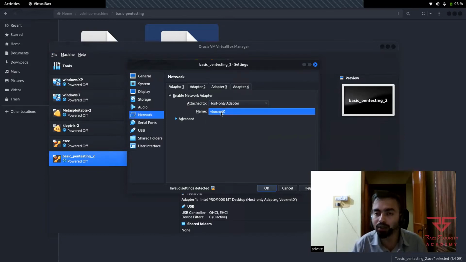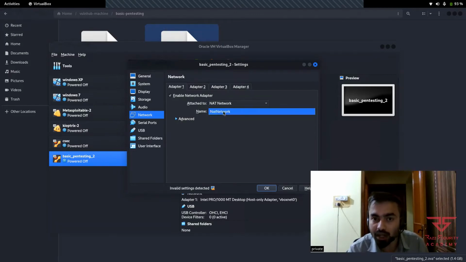In this case, if you're using Kali Linux as a main OS, and you want to practice your skills on this type of vulnerable machines, and you don't want the attacking surface, it will not be an incoming request, it will be an attacking surface. You will just be requesting, not requesting from inside the machine. Okay, in that scenario you will go with the VBox Net 0. Then another one is a